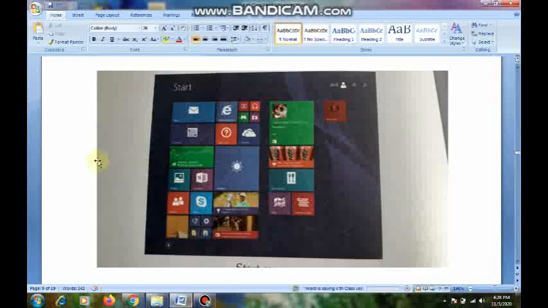The start window is displayed when you click on the start button. If you click on start button, a window like this will open. In this start screen, children, you will see several boxes, no? You will see several boxes in various sizes. Is it right? All are not the same size. This is small size, this is small size, this is a little bit big size. Like this, various sizes and various colors. All these boxes are called tiles.